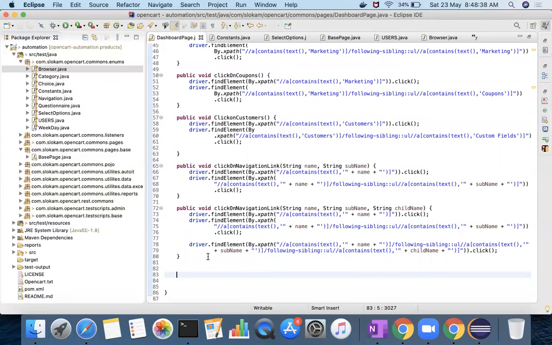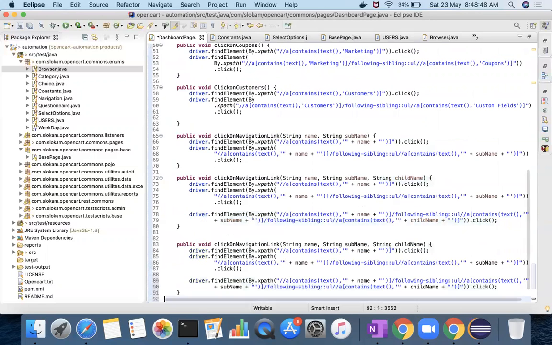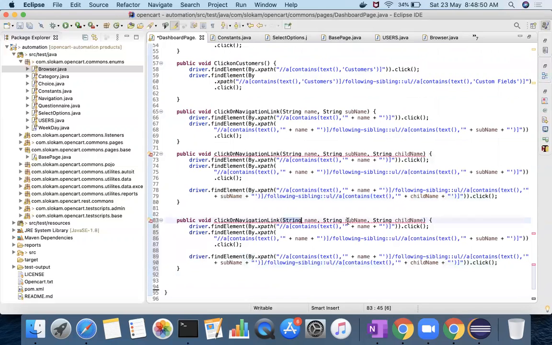What I want to do here is update the navigation link. Instead of using strings, I'll use an enum. What enum do I use?